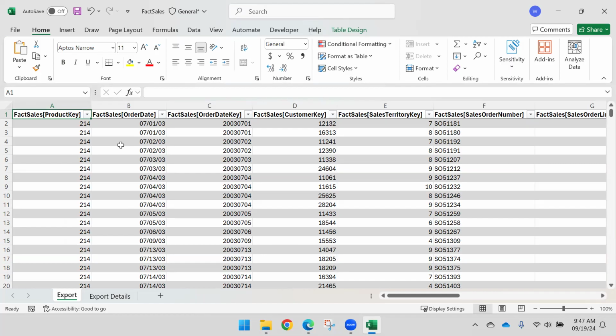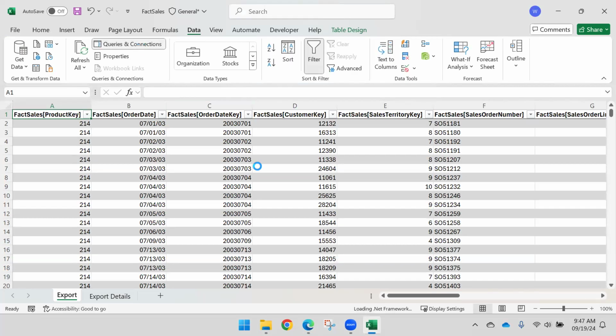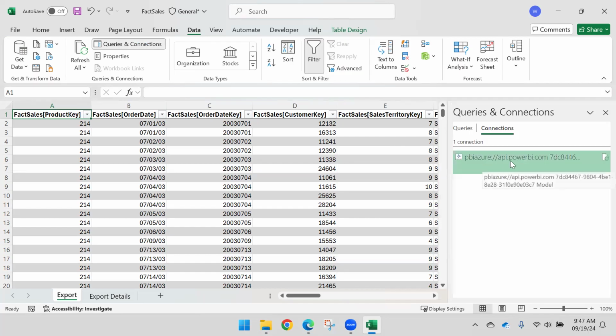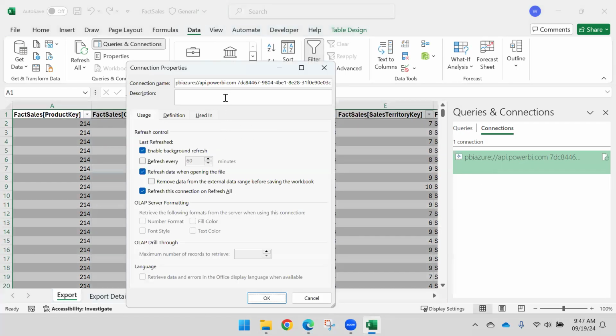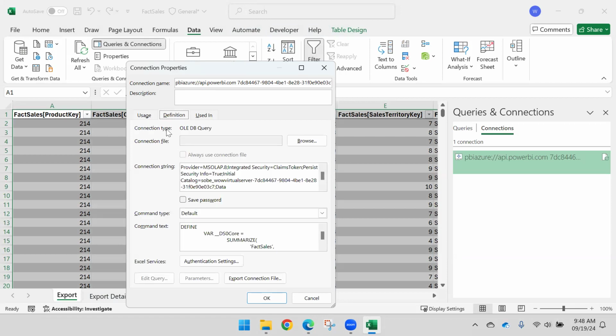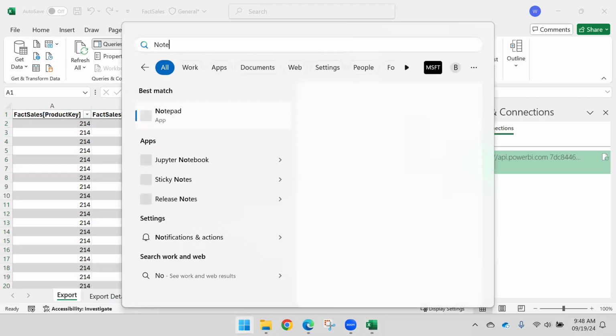That is even possible. Here, if you go to Data and then Connections and Queries, you can see the connection I have. You cannot use this powerbi.api.com address to make the connection, but to connect with that, we have a connection string. If you open the connection and come to the definition, there is something called the connection string. Copy this connection string and go to Notepad,